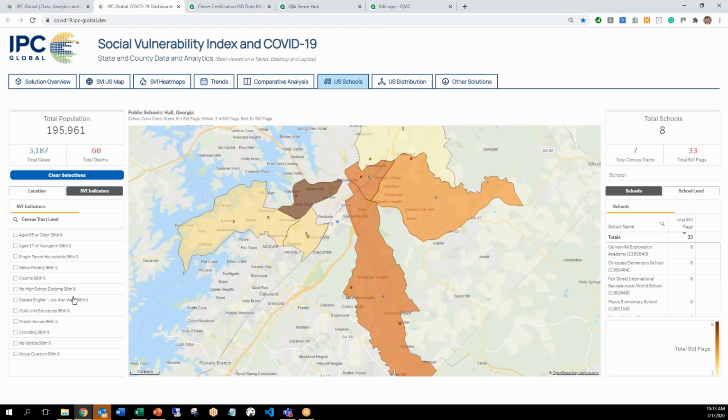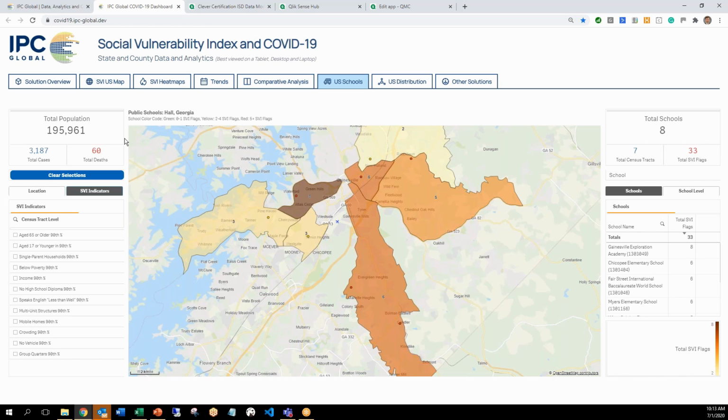So what I'm going to encourage each of y'all to do is, at the end of this call, go ahead and come into IPC Global, drill into our social vulnerability index, and drill down and study this. And we're happy, of course, to help interpret, if need be, some of the information that you'll see on here. There is a ton more information on this site. We've been on the news a couple times now with regards to the information that is being made publicly available for free from IPC Global. So understanding